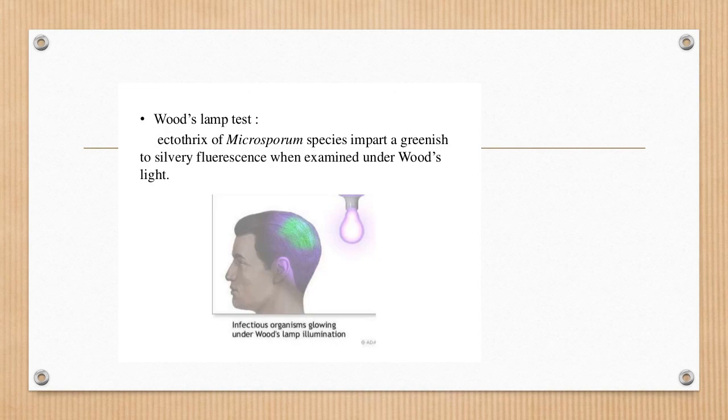They have what we call Wood's lamp, and this is a fluorescent lamp that you project on the superficial layer of the hair, and you can see it shining like greenish to silvery fluorescent stain. And this is the typical appearance of the ectotrix of Microsporum, and you can also see different types of fungal growth using this lamp. Of course, we don't have this lamp in our clinics like the GP clinics, but we have it in the dermatology clinics. It's very easy, but it's a very useful tool also to diagnose different fungal infections.